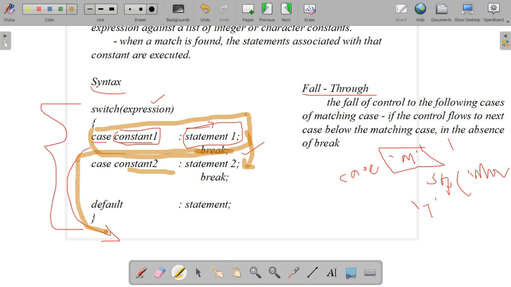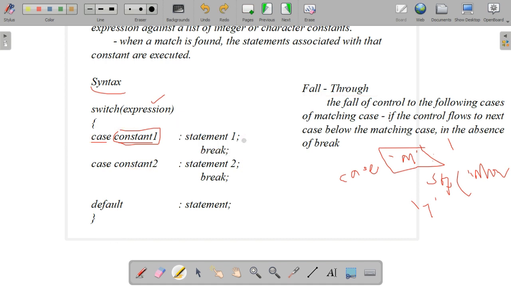So if there is no break in this syntax, the control flows to the next case below the matching case. Which one is the matching case? For example, here we have given capital M, and I have given M in the input also. So it has to execute the first statement and come out of the switch.